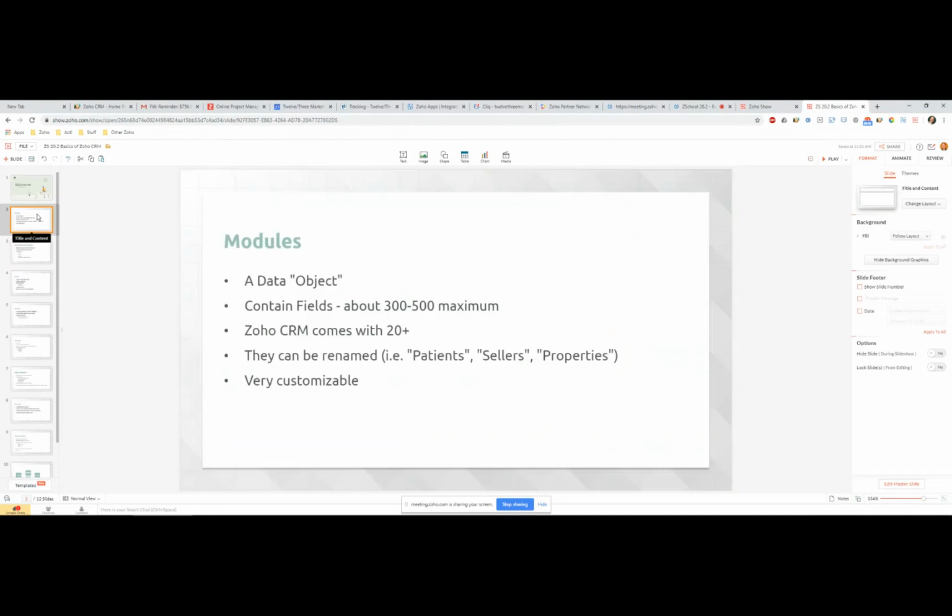So a module is like a data object. It's a thing, and it could be a person, it could be a sale, it could be a company, it could be a piece of equipment. Every one of these objects has fields to it. So if it's a person, it has a name, a phone number, an address, a birthday, a social security number possibly. Be careful with that. So you have these modules, and